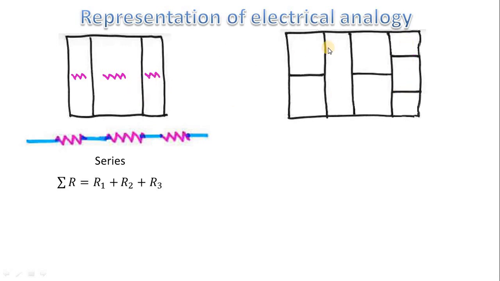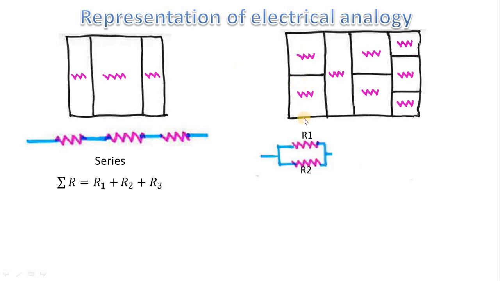So we need to follow the same procedure over here. At each and every slab you need to represent a single resistance, right? So I will represent over here single resistances. Now connect it sequentially, and while connecting it, remember that you need to connect in this way. See, for a first slab, for this vertical first slab, there are two resistances. So I will connect it by a parallel means.